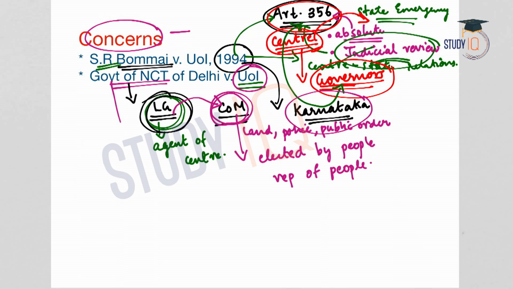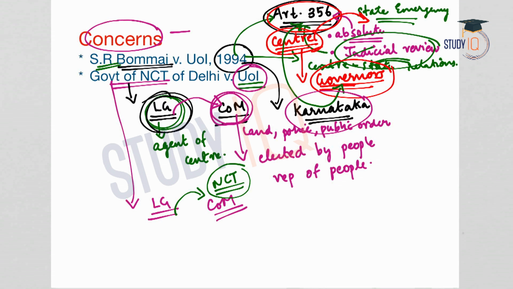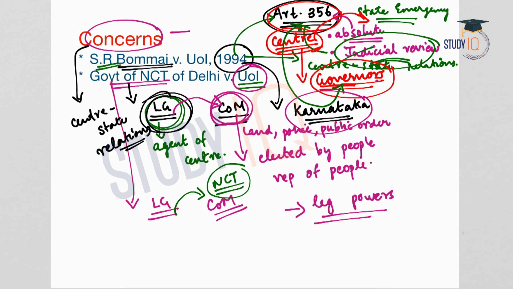The Supreme Court also made it clear that the Lieutenant Governor cannot interfere in each and every decision of the Delhi government or the Council of Ministers. So here also the Supreme Court was in favor of the NCT. These two judgments made a huge impact on the center-state relations. But even though the Supreme Court has come up with such judgments, the center continues to wield superior legislative powers. So from these examples, it is clear that the concept of cooperative federalism is doubtful in India.